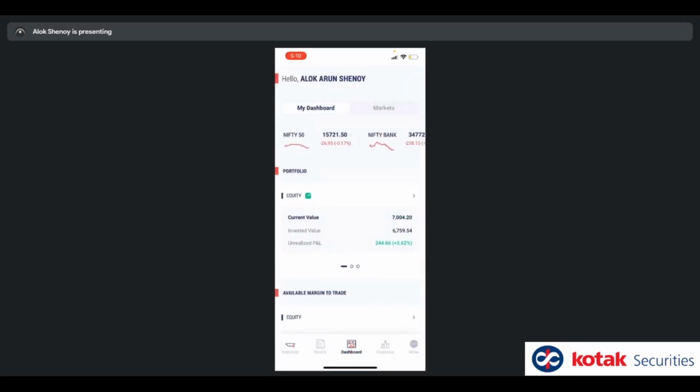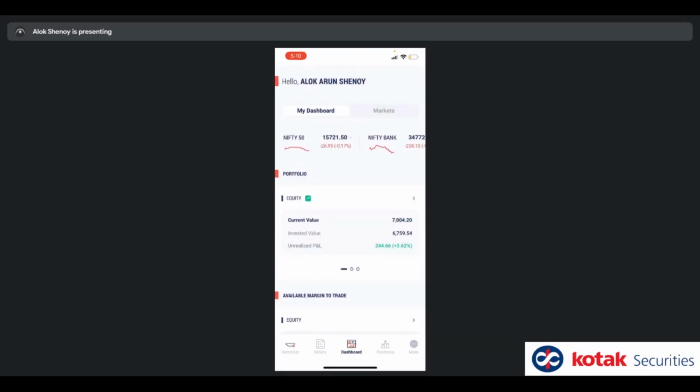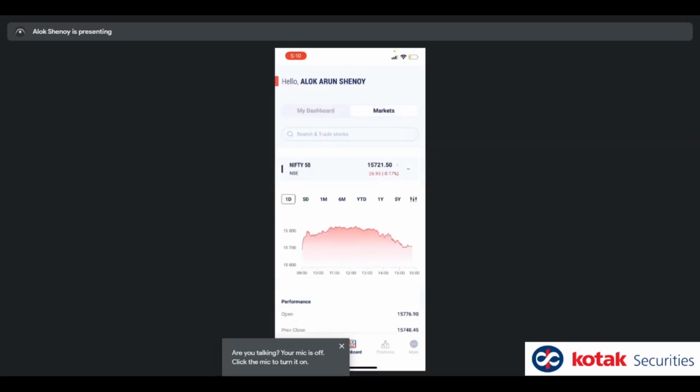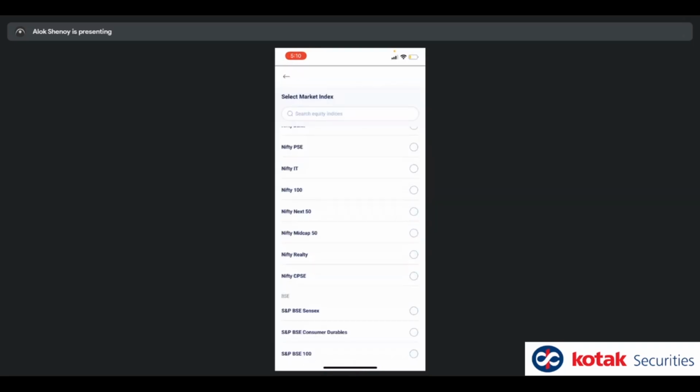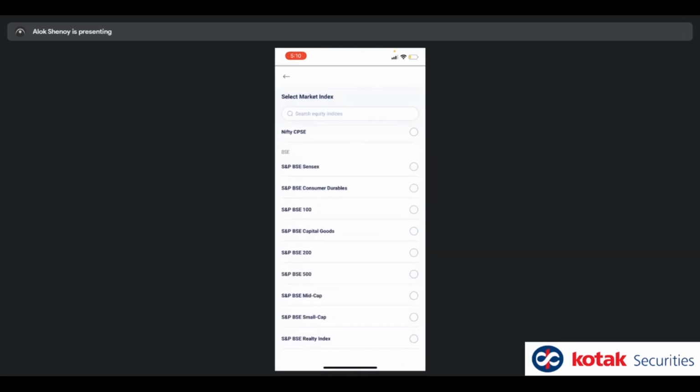Okay. On dashboard, the only thing we've not discussed is on top, we've got this markets tab. A lot of people want to know how to see top gainers, top losers, right? I'll come to the markets tab. The first thing I see is it's allowing me to search for a stock, or I can select an index. Okay, let me try and select an index. So this gives me a list of indices that I can monitor for different data points.